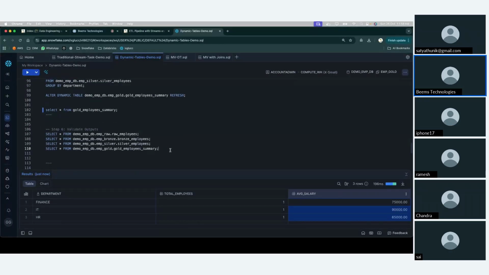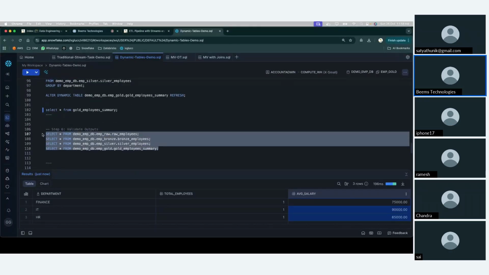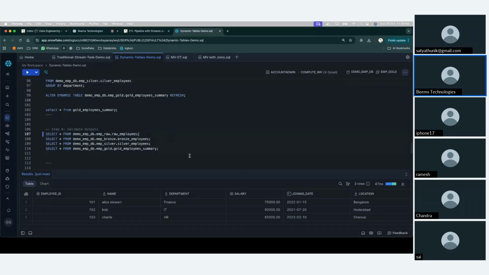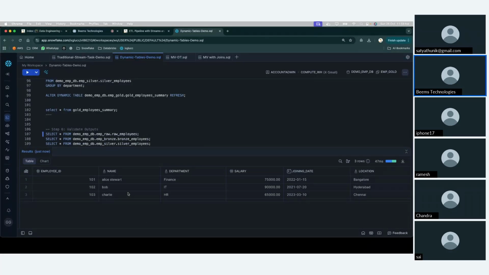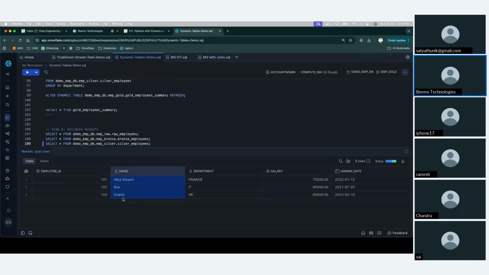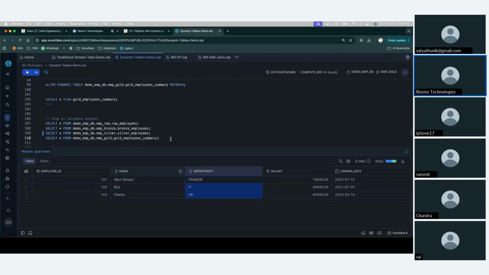Okay, so now we can check what information we have in this raw employees. This is our raw employees table, and here this is the same record. Whatever information is in the raw employees, we are having in the bronze employees, and in the silver employees, it is enhanced, because we did some cleaning activities. So we did some changes, and those things are reflected here. At the end, we are having the